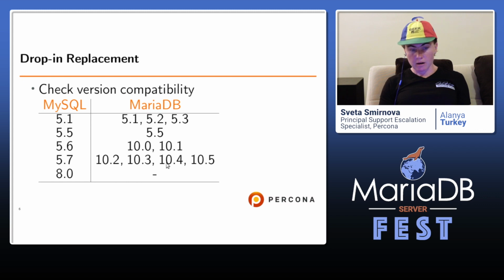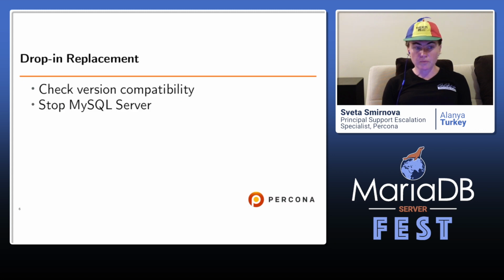For example, the latest versions of MariaDB can be started on a data dir created in 5.7, but MySQL version 8.0 is different. Because in this version MySQL introduced a new data dictionary and removed table definition files with extension FRM, and therefore, since MariaDB doesn't implement this feature, it cannot just start on the data dir of version 8.0. If you are migrating from version 8.0, you have to perform an SQL dump and restore.